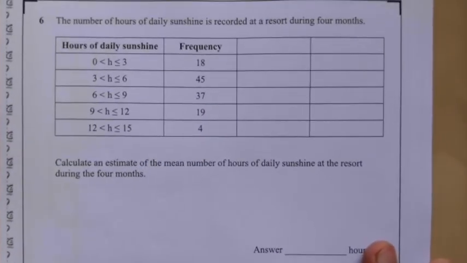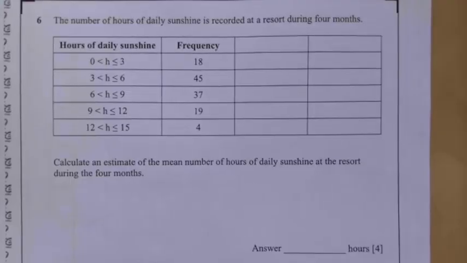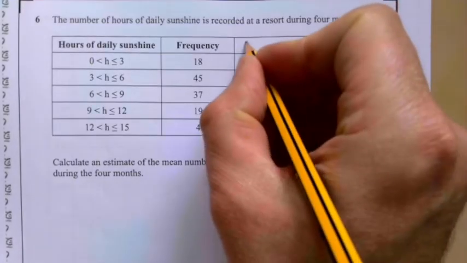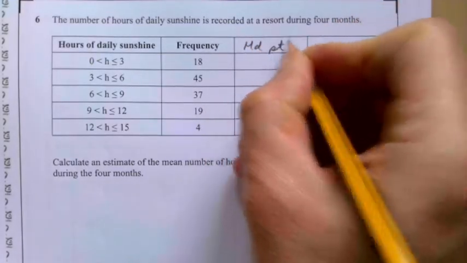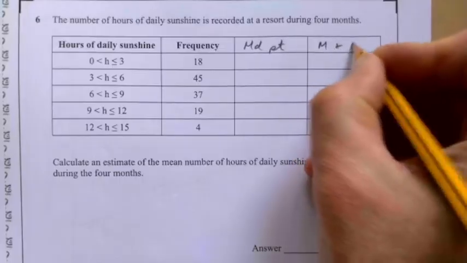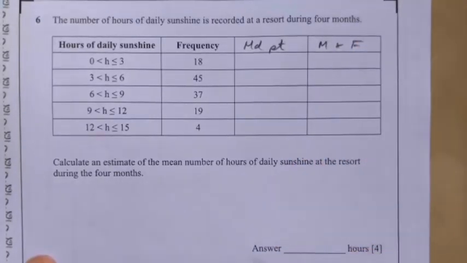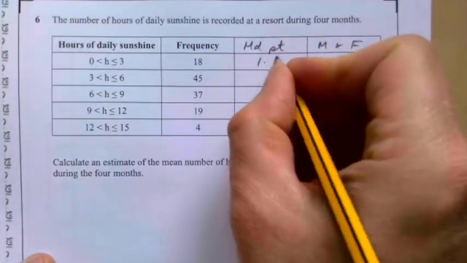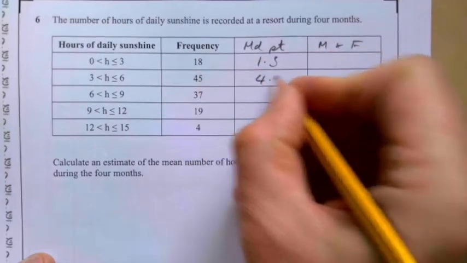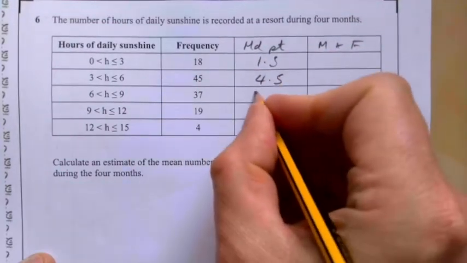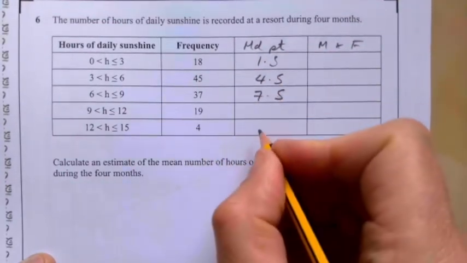The number of hours of daily sunshine is recorded at a resort during 4 months. Calculate an estimate of the mean number of daily sunshine at the resort during the 4 months. So we need to find our midpoint first of all, and then it's going to be midpoint times frequency. Midpoint here then 1.5, 4.5,